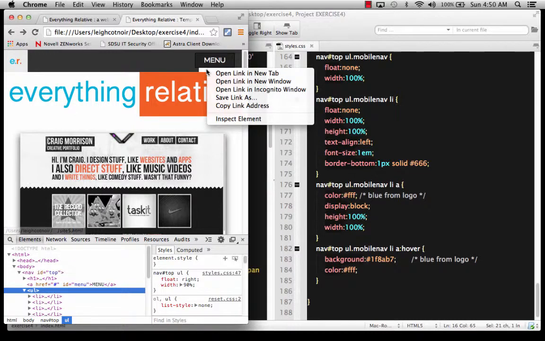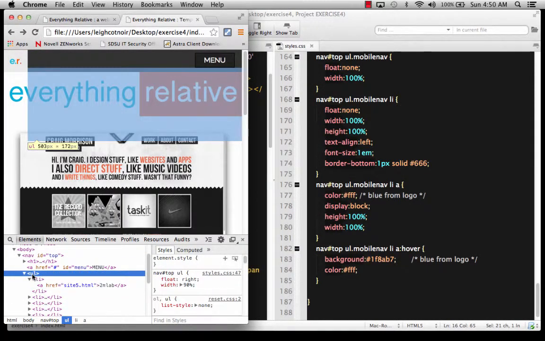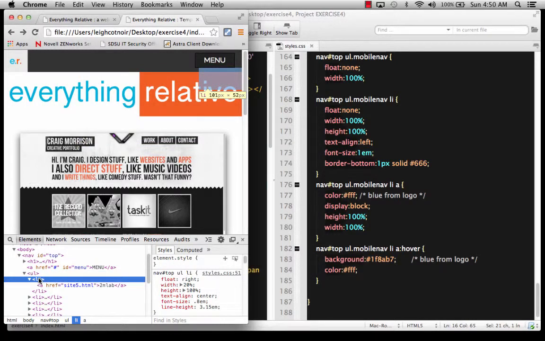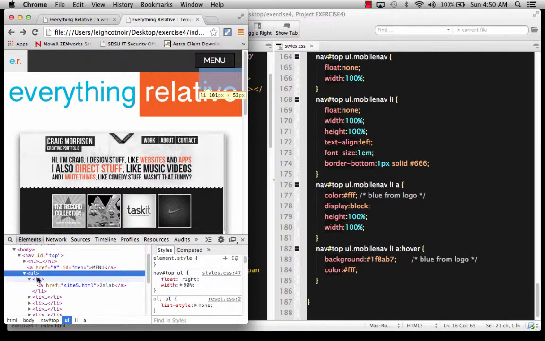If I right click that and I inspect it, of course it jumps down to this UL LI. And the thing is, if you notice, the original UL has a rule of nav top UL and it's set to float right. Well, if I take the float off, which I don't really want to do, it does that, right? Okay, so we don't necessarily want to take the float off, but what we probably want to do instead is